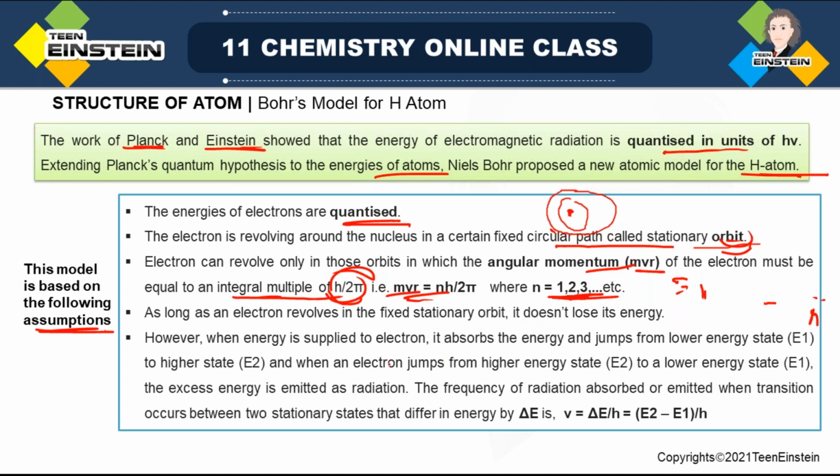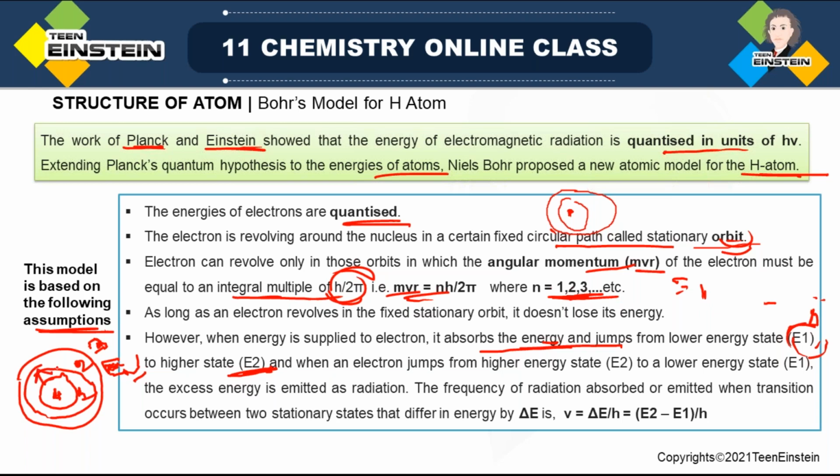So when energy is supplied to the electron, suppose we are supplying energy to the electron, under that condition what will happen? It will absorb this energy, and after absorption of energy, the electron can jump from a lower energy level to a higher energy level. So here the lower energy level we are considering E1, and the higher energy level we are considering E2. So suppose this is the nucleus, and there are some fixed orbits. This is energy level 3, next one is 2, this is 1. So when the electron is moving from 1 to 2,